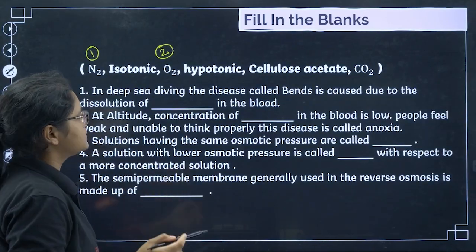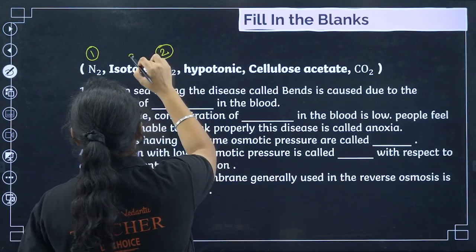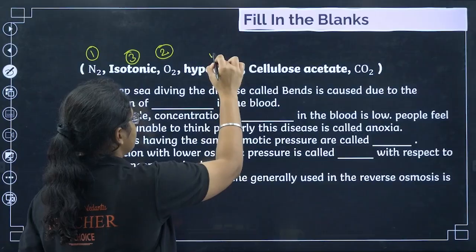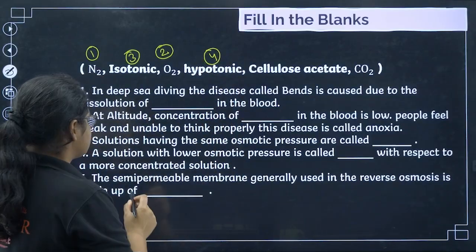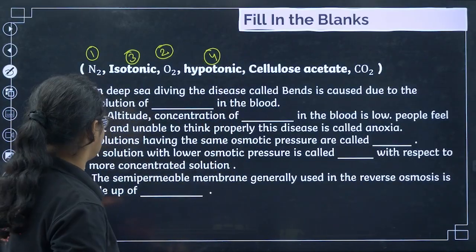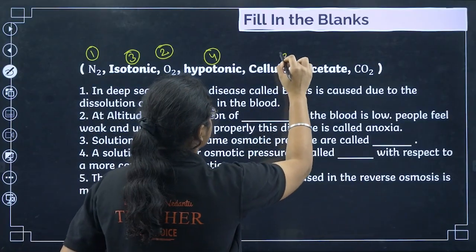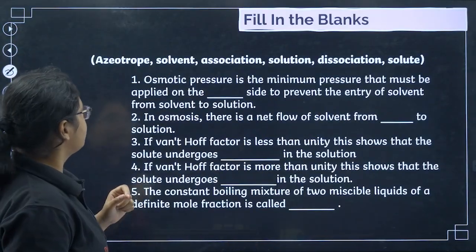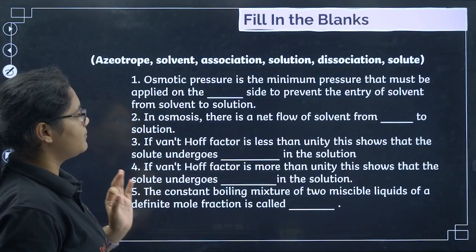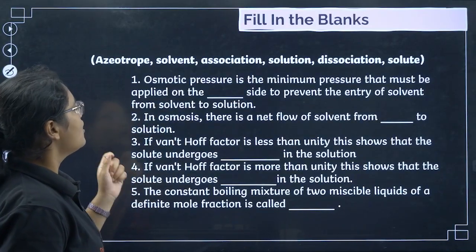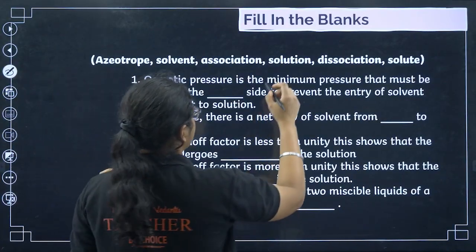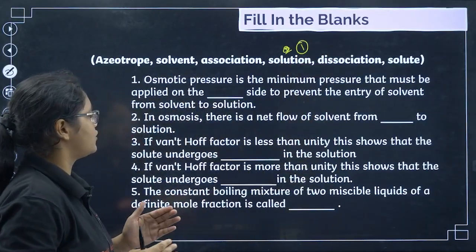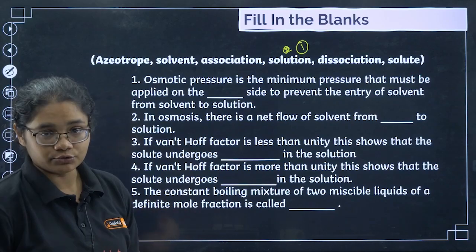Solutions having the same osmotic pressure are called as isotonic. A solution with lower osmotic pressure is called as hypotonic. Next, the semi-permeable membrane generally used in reverse osmosis is made up of cellulose acetate. Okay. Next, osmotic pressure is the minimum pressure that must be applied on the solution side